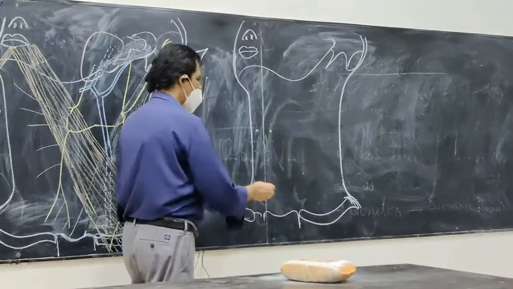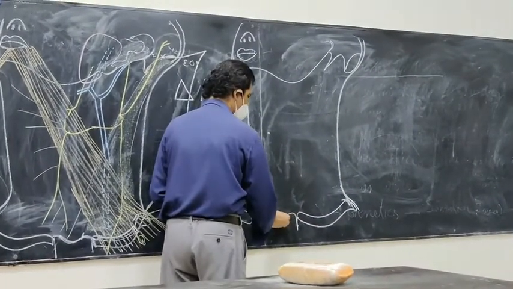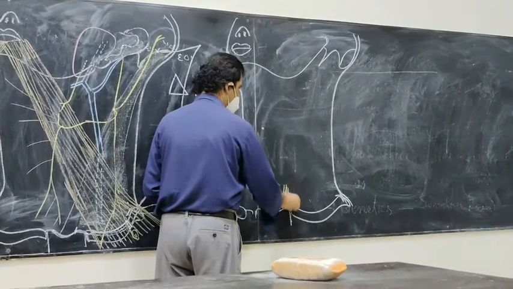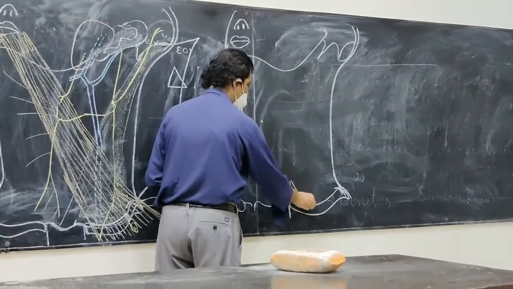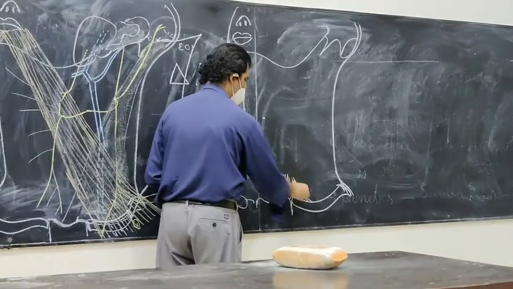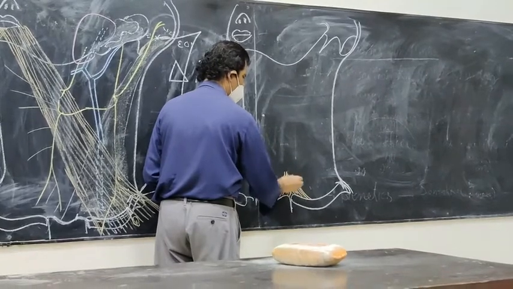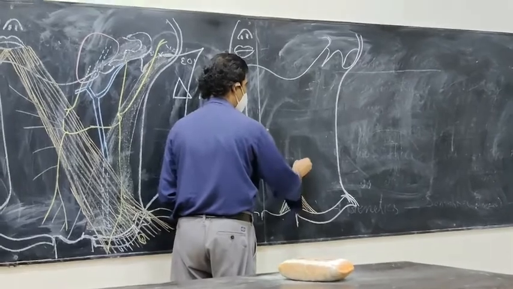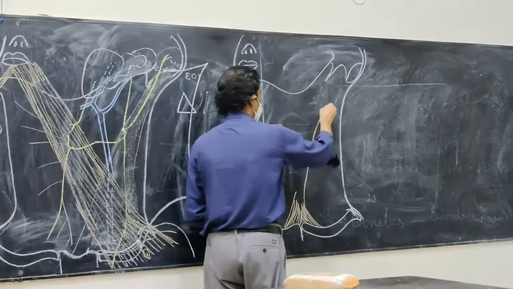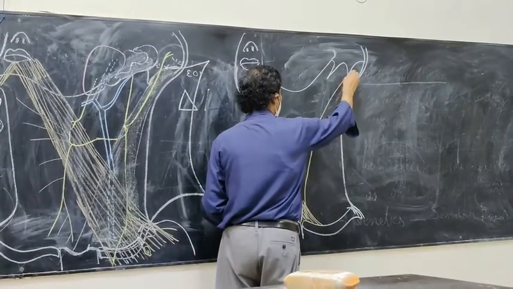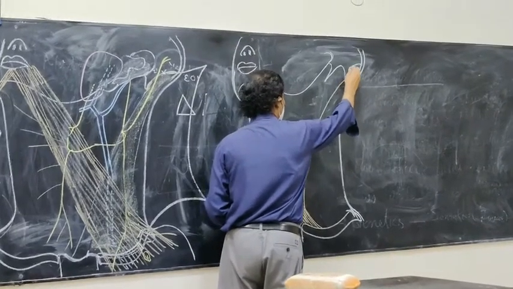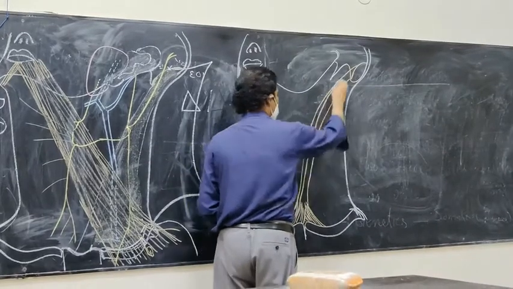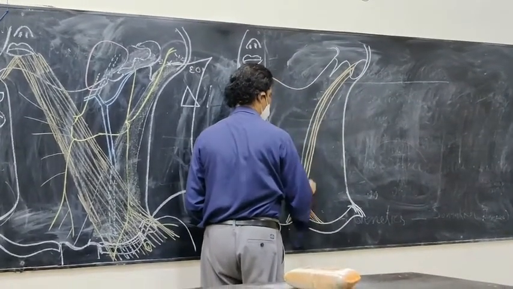Sternocleidomastoid muscle takes origin from the sternum, meaning from the sternum. Cleido means clavicle, the medial one side. So this is the origin of sternocleido from the sternum and clavicle. Then this muscle goes up to the mastoid and is inserted on the lateral two-thirds of the superior nuchal line. So this is the sternocleidomastoid muscle.